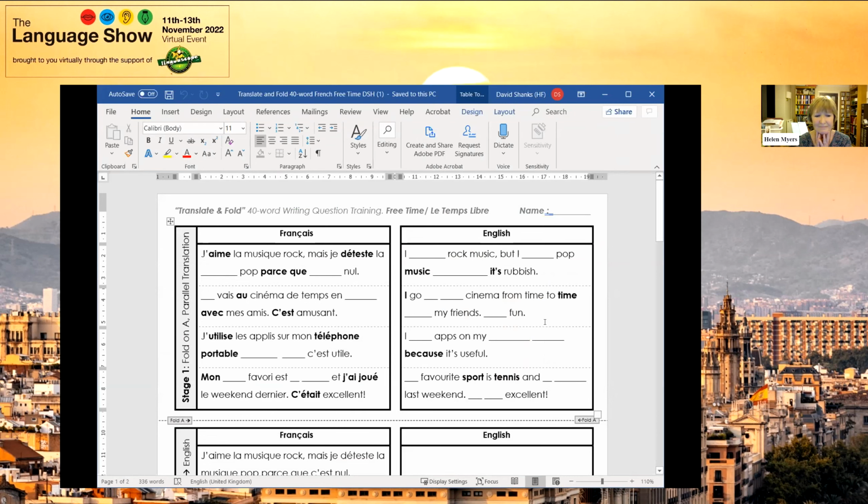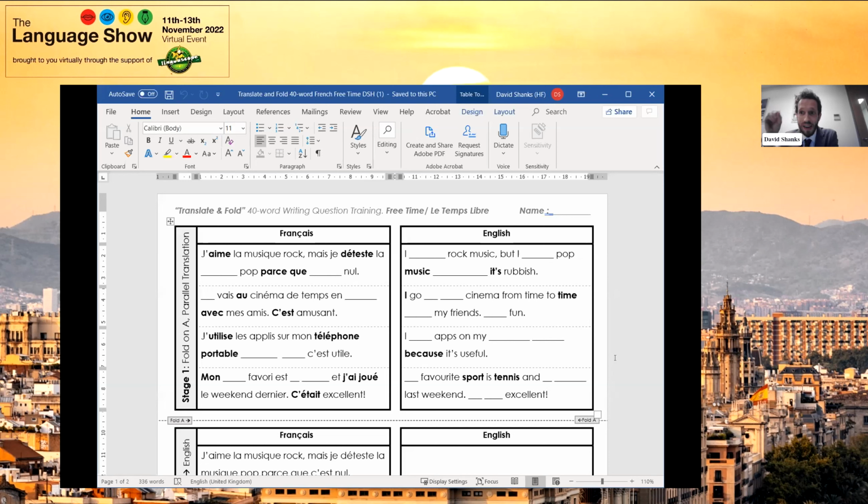Yes, lovely. So not rocket science, but there's a few little tweaks, as I say, so I'll just highlight those. So you've got a parallel translation. Rather than kicking off immediately with students, here's a translation. Obviously, if you're inputting L2, that's useful, but translating from English straight into target language can throw students off. But if you look carefully, j'aime la musique rock, mais je déteste la whatever, students can work out this puzzle as they go because of the parallel translation that's there, and that's up front and center.